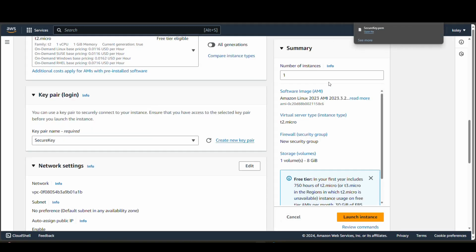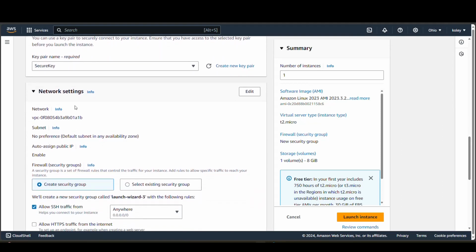Right, you can see here it has been created and our private key has been downloaded to our local machine, while the public key has been downloaded to the server that we are creating. Okay, so you can see here secure key dot pem has been downloaded to this machine, right? So what we have to do, and this is a very important part, the network settings. Okay, this is where you link your machine or your instance to your VPC that you've created. Okay, so what you want to do right here, you want to click on edit,